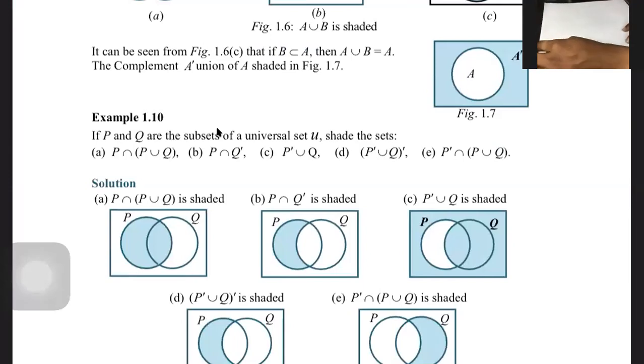So the second one is P intersection Q complement. So this is it. So P intersection Q complement. Now, in the first place, we have to know Q complement. You have to know Q complement. Now, a complement means